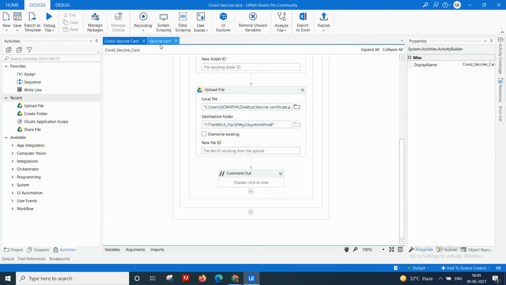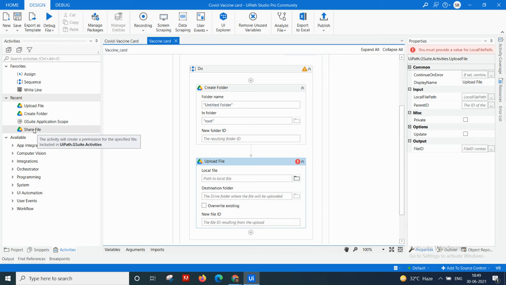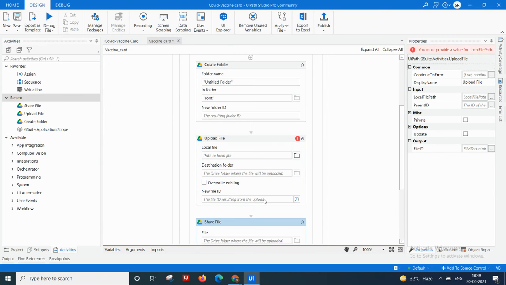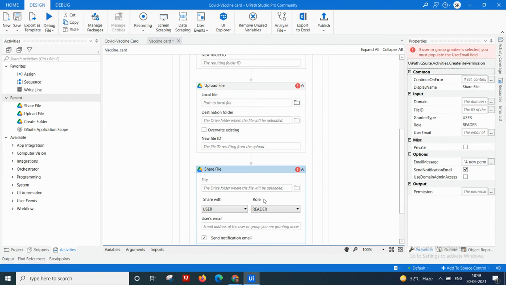For that, you're just going to use the share file block, and you can share to the user by specifying the file ID which you are going to share, and you can specify the role of the user, whether they should be writer or commenter or reader for their file. I'm specifying it as a reader here. For the user to whom you are going to share, here I'm going to share it to my another mail to show it to you guys. Let me show it.